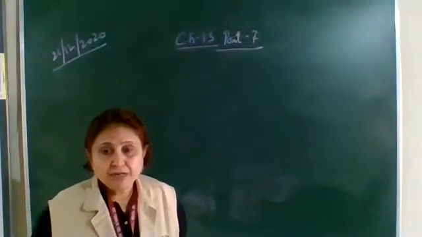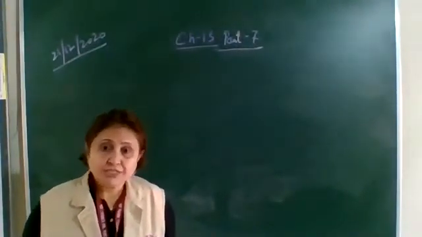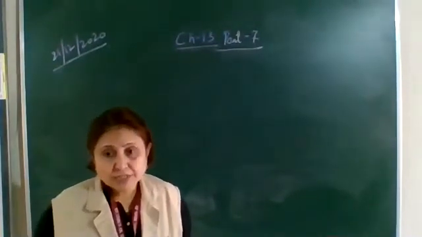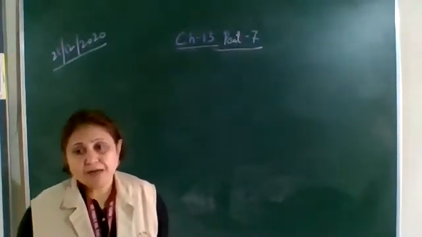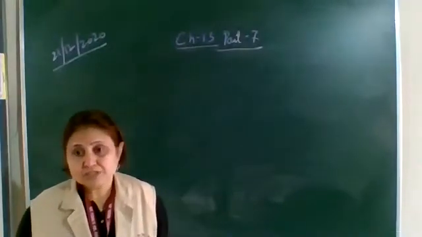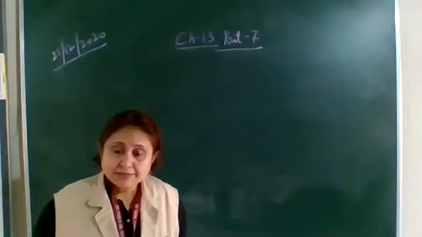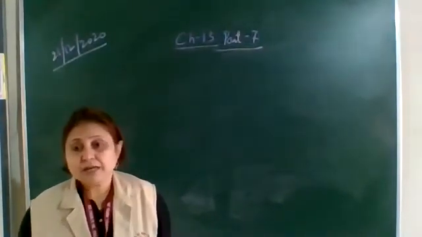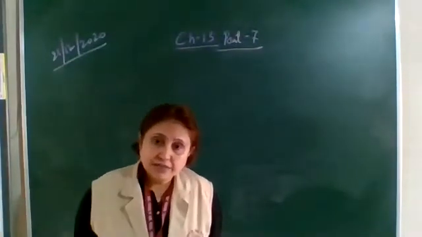The magnetic field due to this solenoid can be changed inside the solenoid. The magnitude of the magnetic field could be changed. But in case of a bar magnet, inside the bar magnet, the magnetic field cannot be changed. How can the magnetic field be changed here? Because the magnetic field depends upon the current and the number of turns. So if we increase the number of turns or the current in the solenoid, the magnetic field inside will increase.